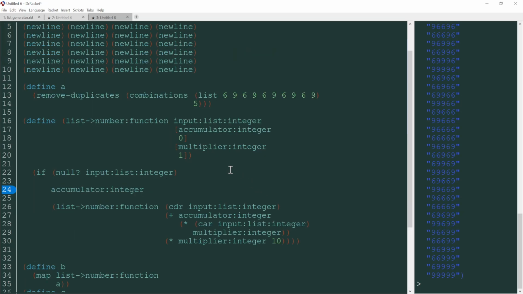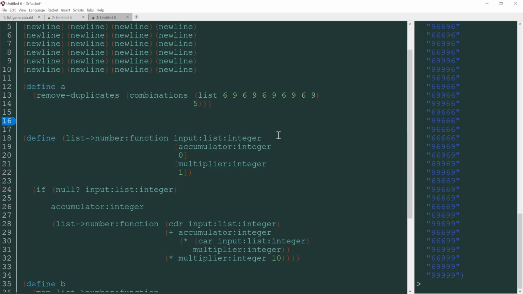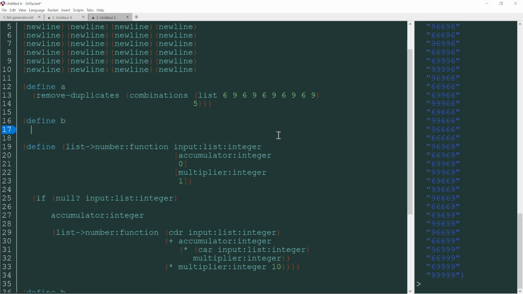Alright, so this would be define B. I mean, we could just make combinations and then remove everything with more than 5, but